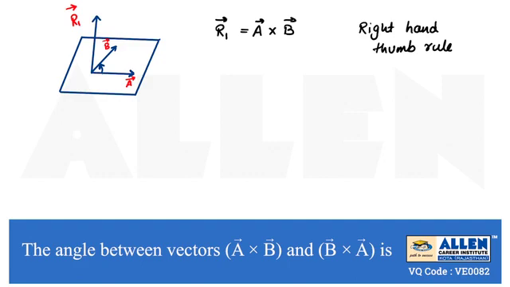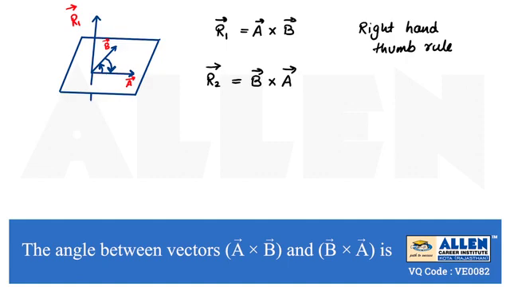Now we will discuss the next vector, that is the result of cross multiplication of b vector with a vector. Suppose this is r2 vector. Here we are cross multiplying, or we can say the cross product of two vectors, that is b vector and a vector. So again in this figure only we will plot it. This arrow is representing that we are taking the cross product of vector b with a. So we will draw r2 vector, and with the help of the right hand thumb rule we will get the direction of r2 vector, which will be represented like this.